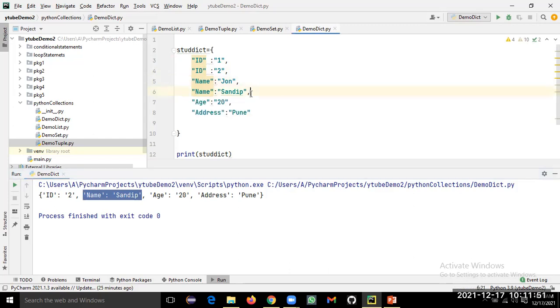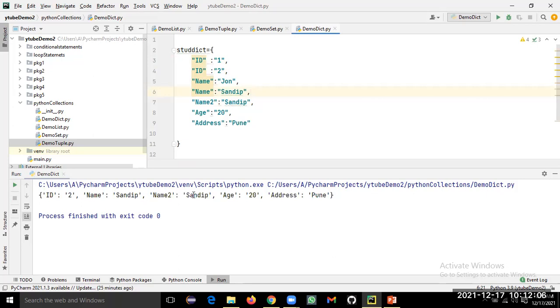Let's say I take another key, name 2, and I try to insert the same value again, then that is allowed here. When I run it, you can see this value is inserted twice, but ID is not inserted twice, name is not inserted twice. If we try to insert again, the previous value for the same key is getting updated.